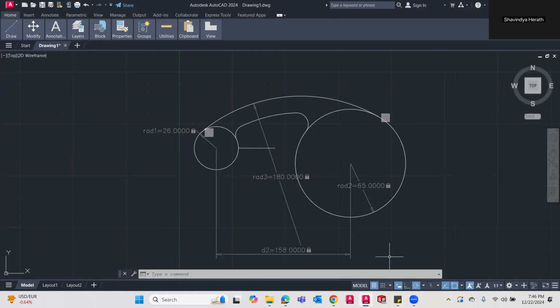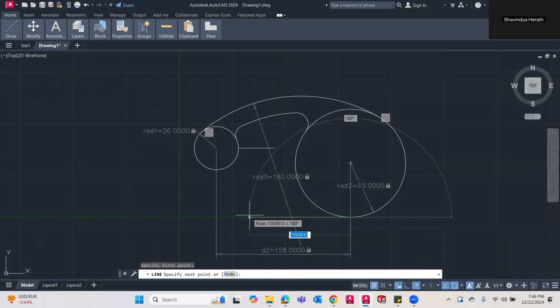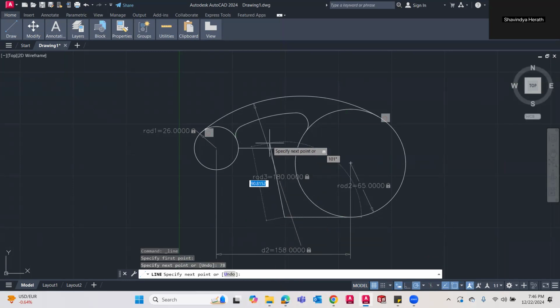Go and draw the line command. From here to here, it is 78, right? Then there's a problem. From here to here, it's not 37 for sure.